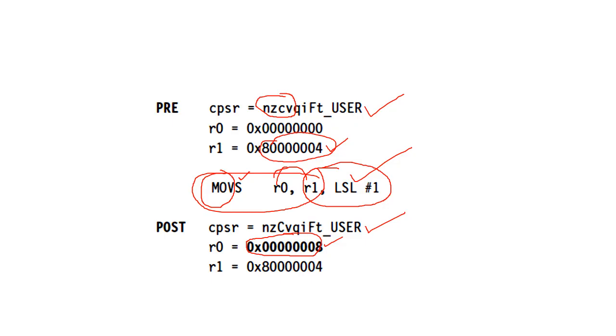The barrel shifter is called the inline barrel shifter in the ARM processor, which can be used to combine a shift or rotate operation along with any main instruction, and it works on the last operand of the main instruction, which must be a register. So this is how the barrel shifter works.